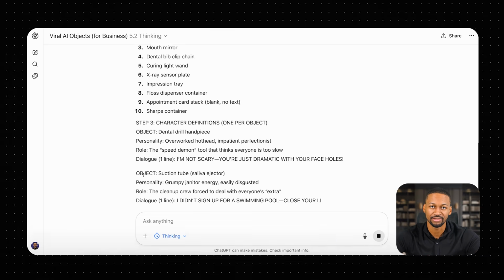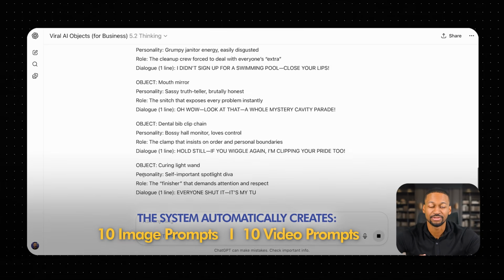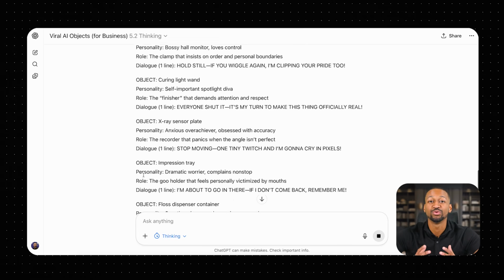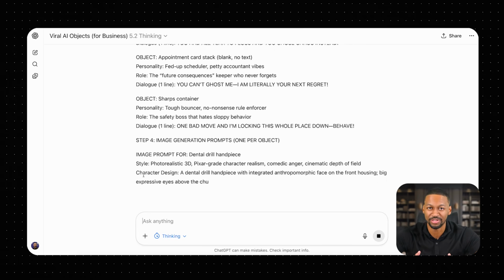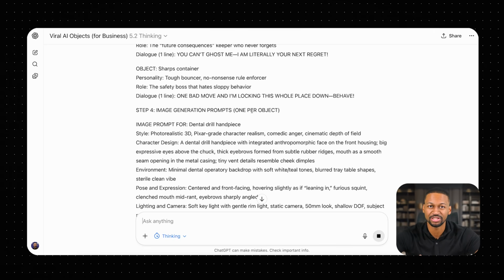After I make my pick, the project goes to work and gives me 10 image prompts and 10 video prompts all ready to go. These prompts are what tell the AI tools exactly what to create, so you don't have to come up with anything on your own. Think of it like a recipe that you just hand over to the AI and it cooks up the final